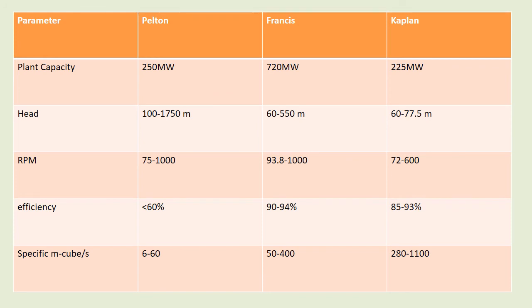Okay, so as we have individually discussed the different turbines, we will be discussing on a comparative basis your different turbines, and talking on the electrical side, which turbine will be preferred for which ratings. Ratings means on the electrical side. So we will be discussing plant capacity. Head we have already discussed, and then we will be going for RPM and efficiency. Okay, so these are the main important parameters on which we will be comparing all three turbines.